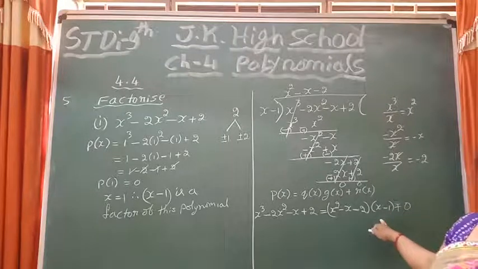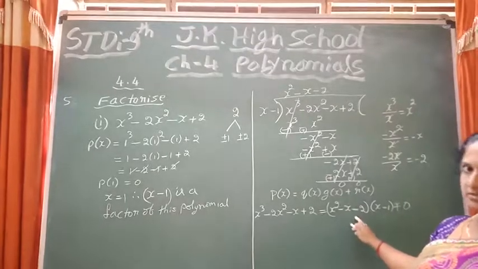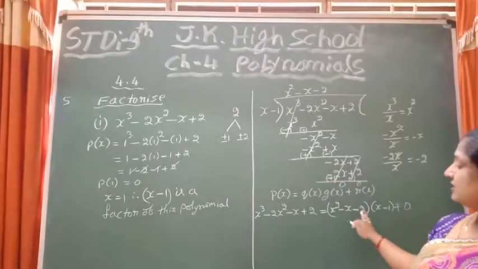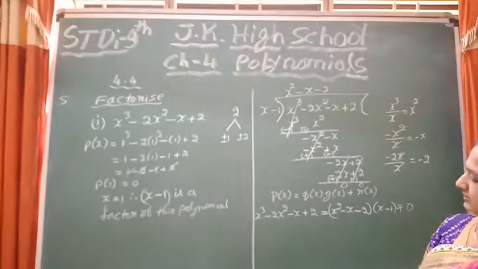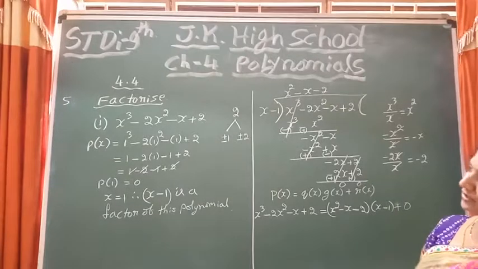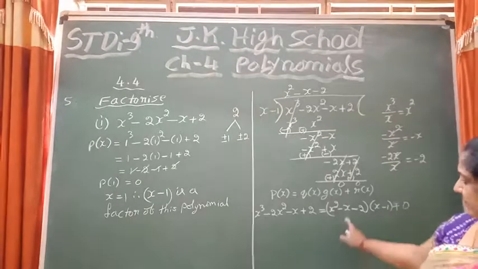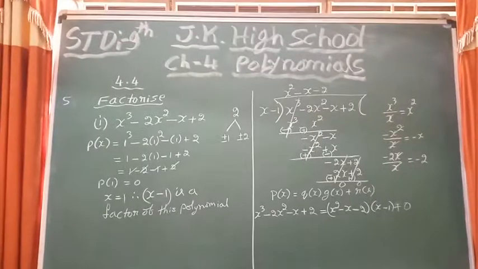Already we know one of the factors here. I can find the factors of this by the splitting method. You know now, already, for a quadratic equation how to find the factors. Then here 2 factors, here 1 factor, we'll get 3 factors for a cubic polynomial. Now I can split this one and find out. Children, write down this much.